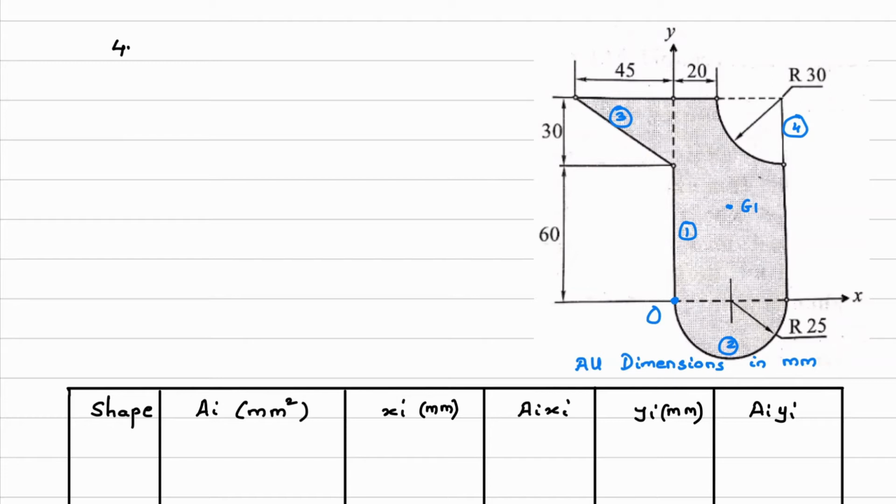Next, for the semicircle, this will be the location of the centroid G2. Then third is the right angle triangle, and for the right angle triangle, what do we have to do? From the point opposite to the hypotenuse, the distance is the height divided by 3 and the base divided by 3. So we will mark that centroid. This point will be G3. The last one is this quarter circle, so we'll mark its centroid first.